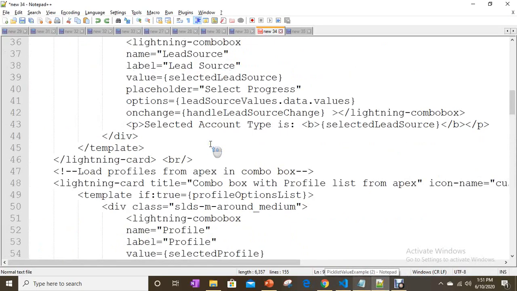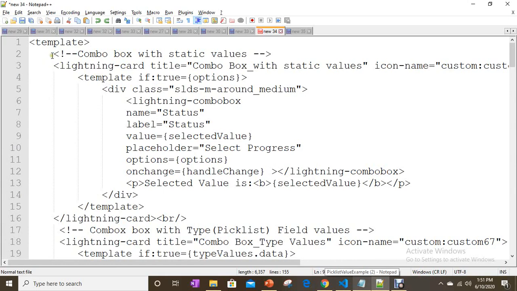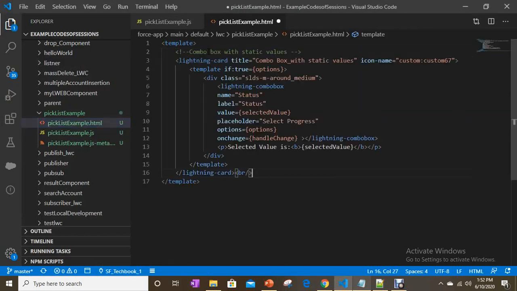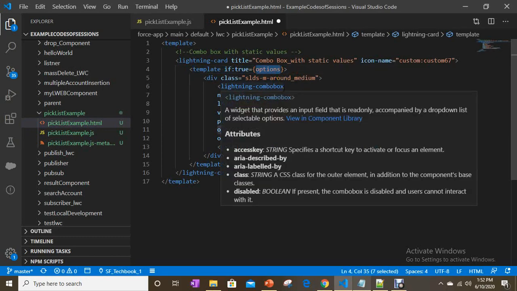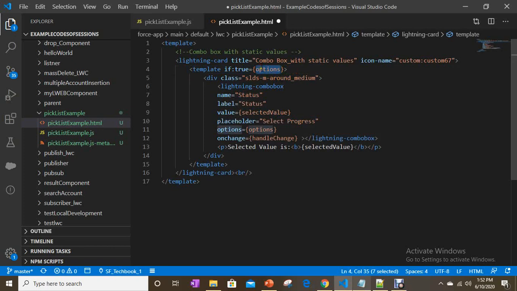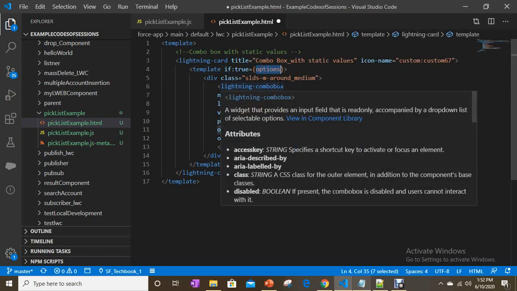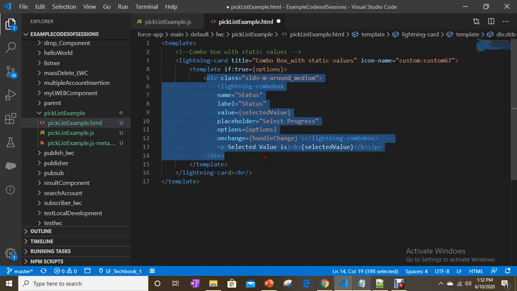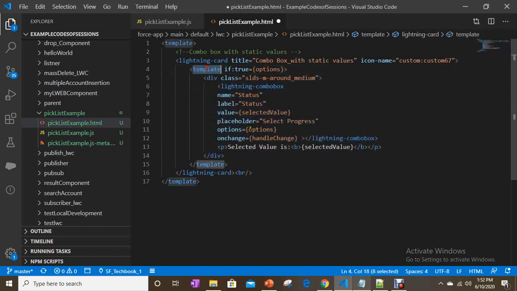On the HTML part, you see template if true. For what purpose is it? It is going to show or hide based on the condition. If there is a value, then only it shows the block inside the template.